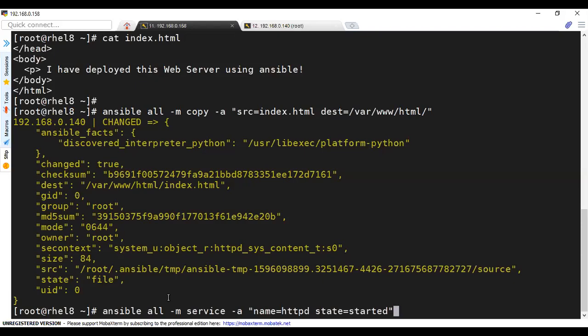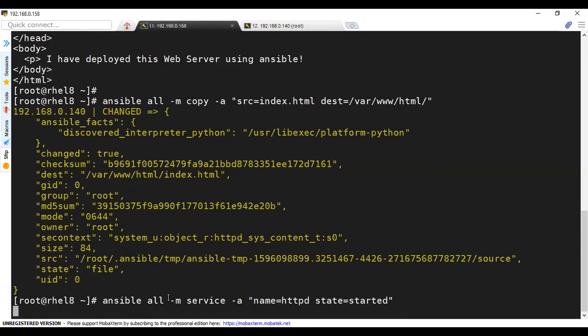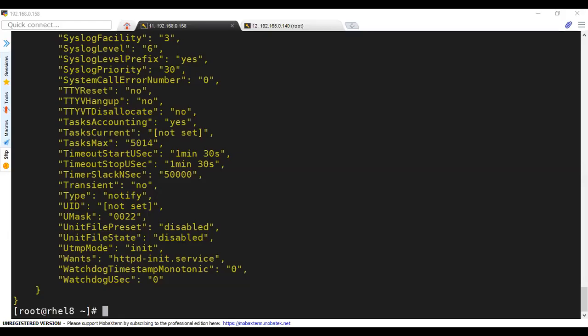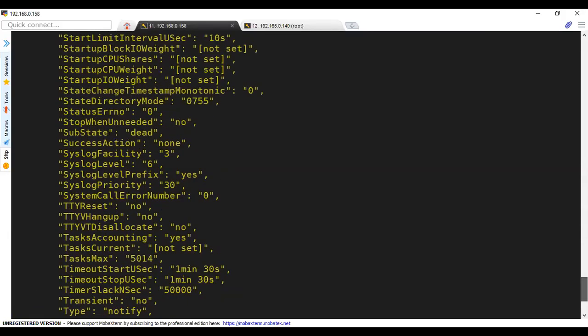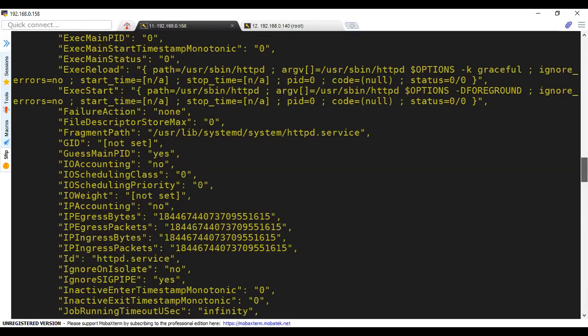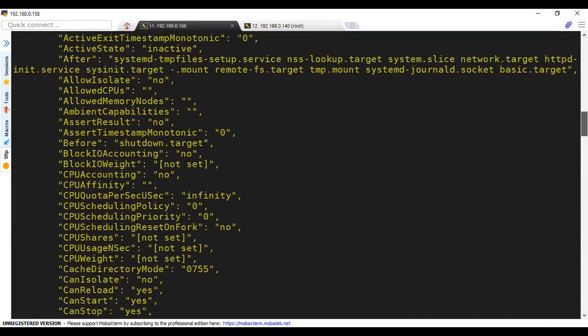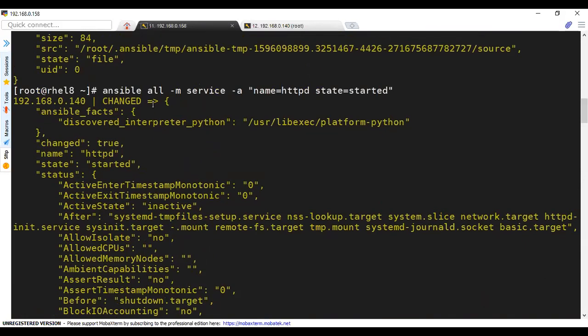So state is started. Let me enter this. Now you can see the HTTPD service I have started. The output is quite big, but it is successful. It is showing me changed, and changed is equal to true, name httpd, state started.